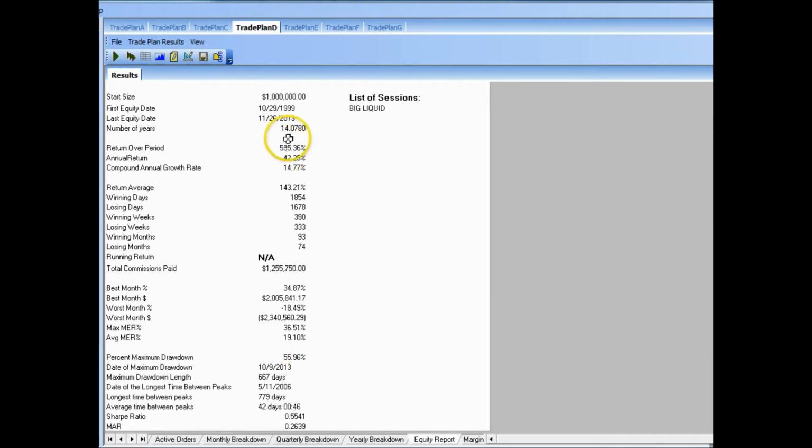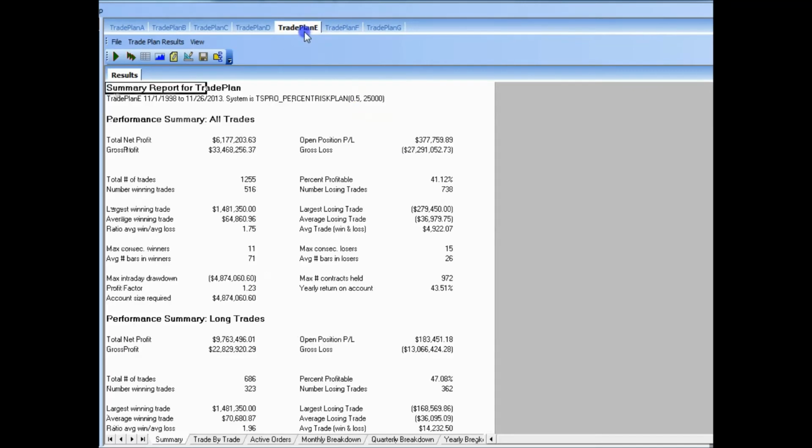So the next thing that I did, I wanted to start having a look at adjusting the portfolio a bit. I didn't want to include every single market. If I could identify markets that perform better than others, I still wanted to trade a pretty big diversified portfolio. This big liquid portfolio trades about 40 markets. But this next one is going to trade somewhere about 28 to 30 markets altogether. And so by identifying some markets that don't perform very well,